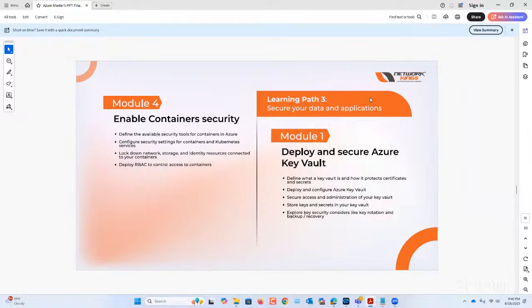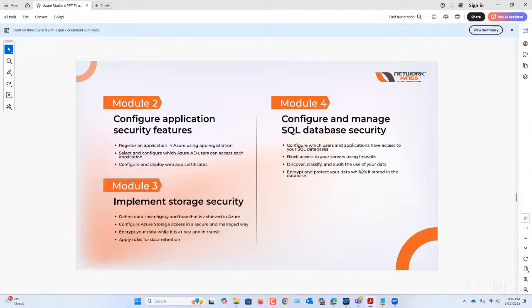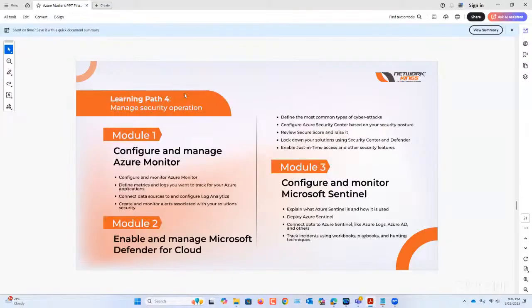Learning part 3 is your encryption, key vaults, application authentication, storage security, and SQL security in the cloud, including SQL encryption. And learning part 4 is your monitoring, Defender for Cloud, how to improve the security posture, and finally, Sentinel.